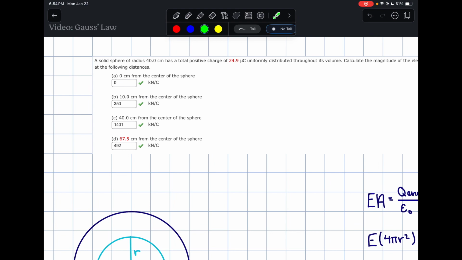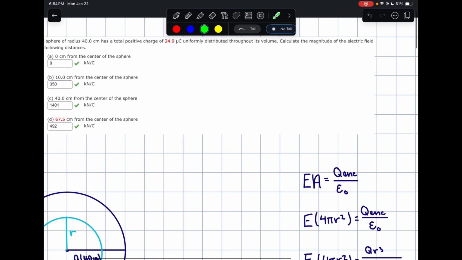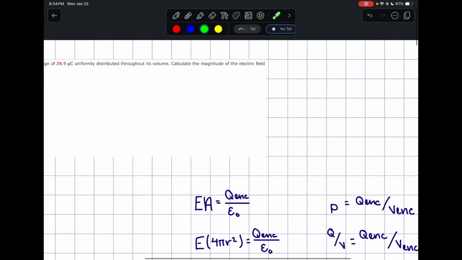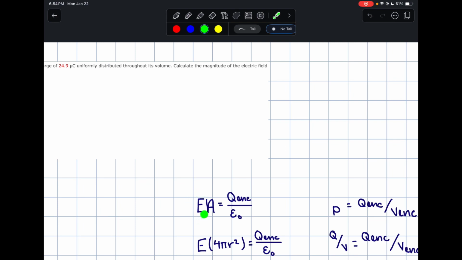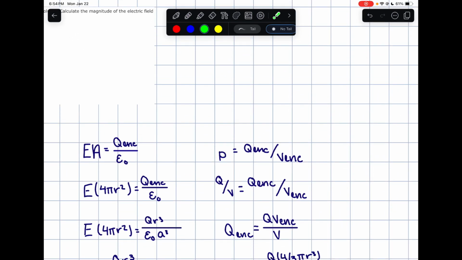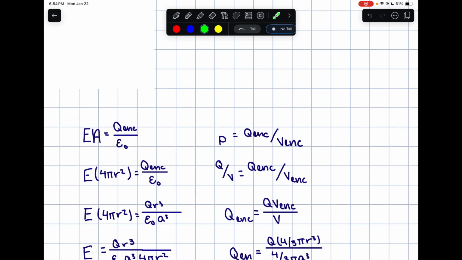To do this, we're going to have to start by deriving an equation for the electric field. We're going to use Gauss's law: the electric field times the area of the object equals the charge enclosed within the object over epsilon naught. However, we don't know either the field or the enclosed charge, so we have to find a way to plug in for one of those, which is where we come to rho equals Q enclosed over V enclosed,